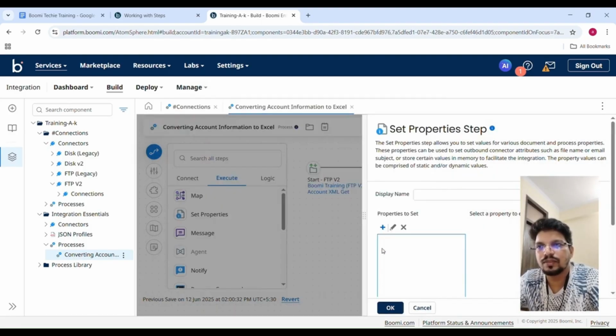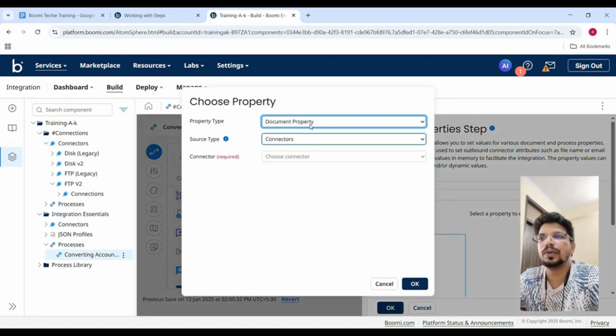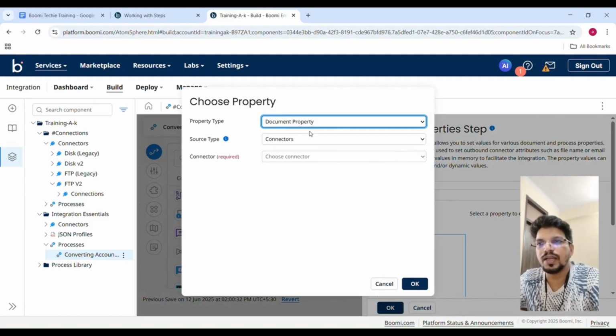पहले हम प्रॉपर्टीज सेट करेंगे। तो प्रॉपर्टी सेट करने के लिए हमें क्या करना होगा, हमें इस प्लस आइकन पे क्लिक करना है। देखो प्लस आइकन क्लिक करने पर प्रॉपर्टी टाइप आ गया। कौन कौन से प्रॉपर्टी टाइप हैं, डॉक्यूमेंट प्रॉपर्टी, डायनेमिक डॉक्यूमेंट प्रॉपर्टी, डायनेमिक प्रोसेस प्रॉपर्टी, MIME प्रॉपर्टी एंड प्रोसेस प्रॉपर्टी। ये सारे प्रॉपर्टी हम अपकमिंग वीडियो में देखेंगे।